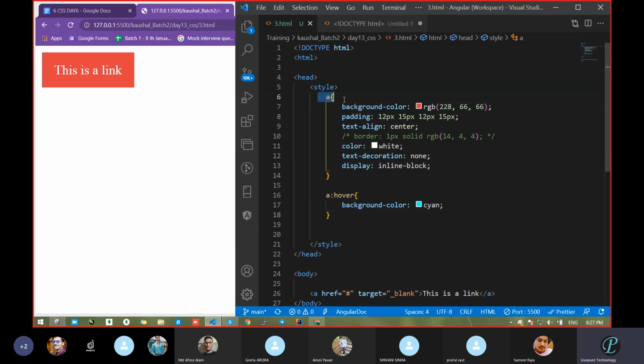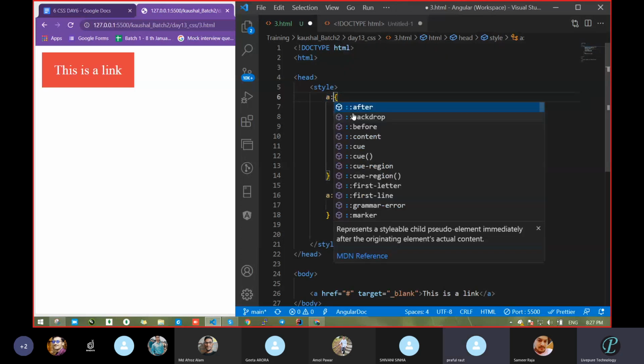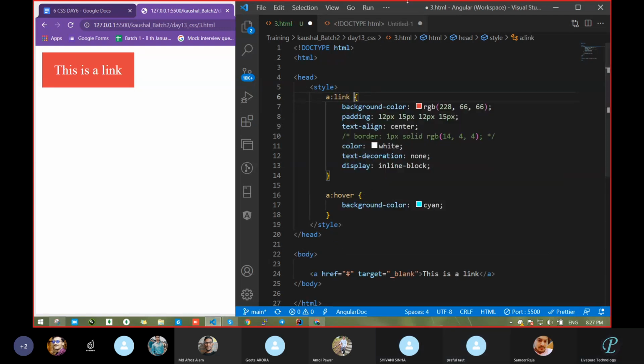But when we pass this property, the anchor property, you have to go with it here. Which property? Because now we are passing a specific one to the anchor tag. So which property do we have to pass here? On which type of situation do you want all these properties? Which class will be here? Yeah, Praful. Link tag, sir. Correct. So it will be link by default. We have to pass that thing.